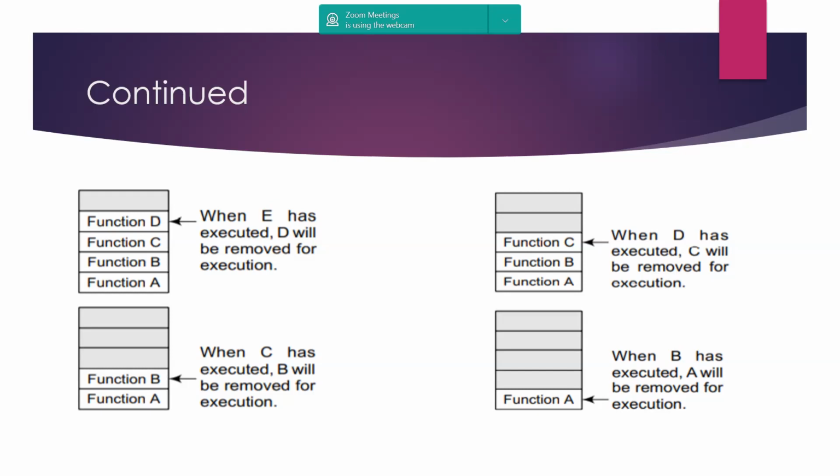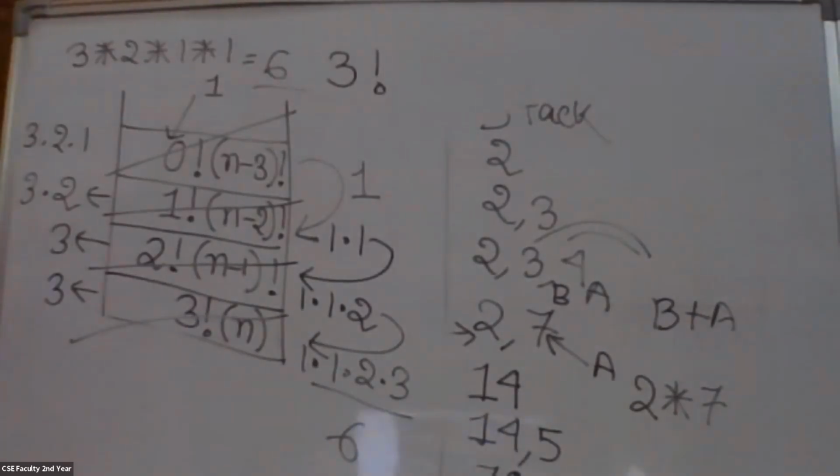Yes, ma'am. So this way, the stack is used for function calls. The first function that is called will be here, then the next, then the next, and while popping, it will pop this one first, then this, then this. So this way it is done. Okay, I'll stop sharing, and let me see if I can find an example of prefix evaluation. Just a minute.